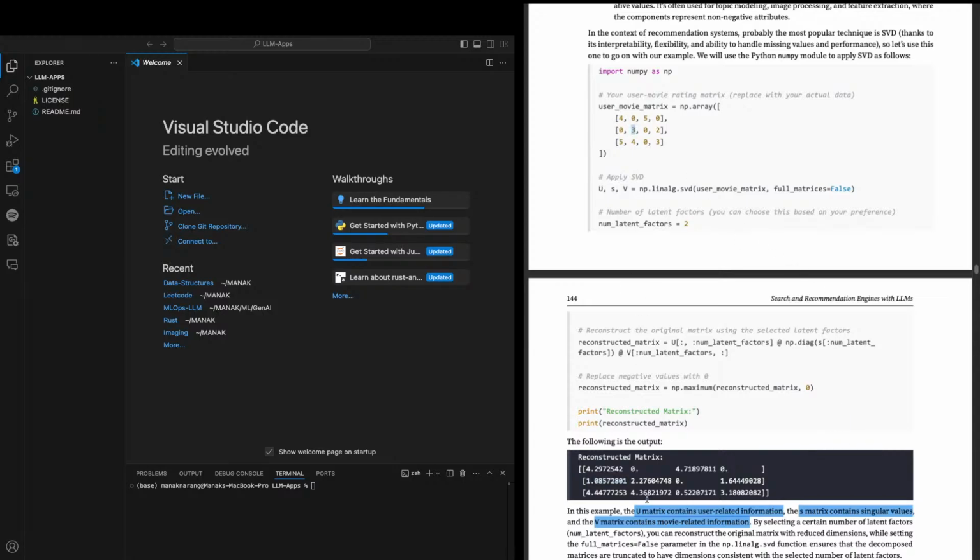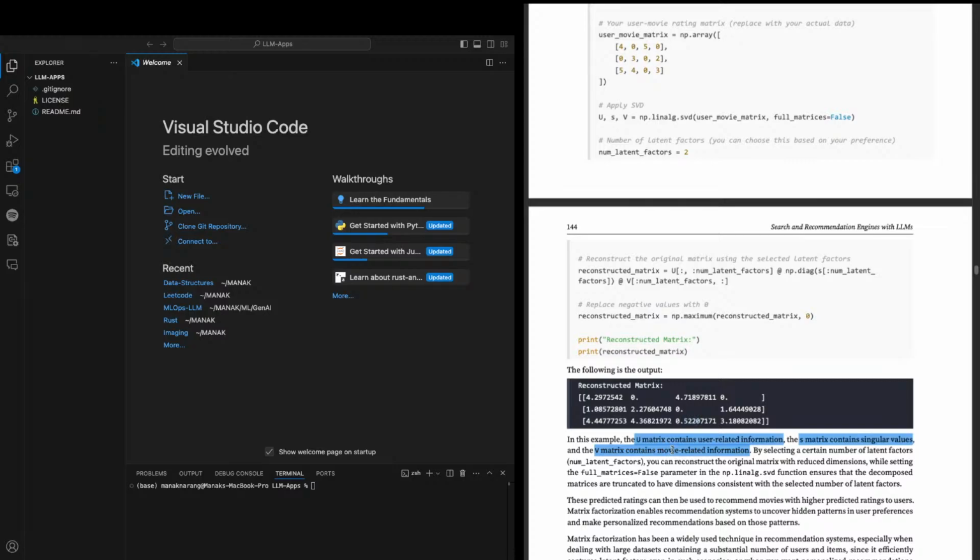Then 3 has 2.27, 2 has this, 4 has 1.53. User related information, singular values.